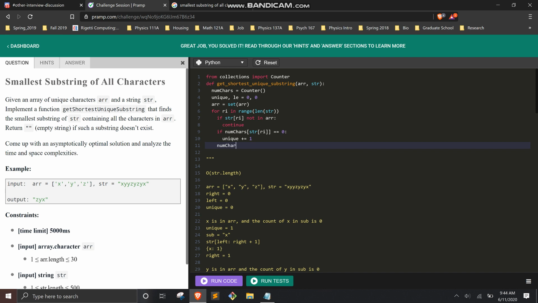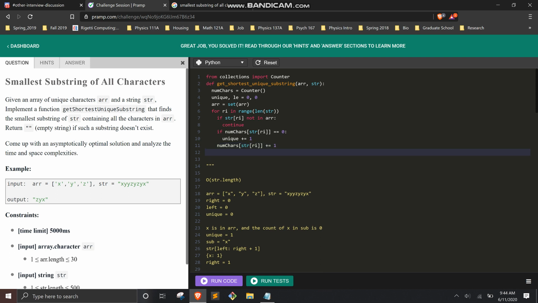We also want to update this by 1. So now we say, hey, we found one character, we increment our unique. And then we'll just keep moving our right pointer. But there's another case. If unique is equivalent to, let's say, well, I'm just going through trying to solve this, but I guess if unique is equivalent to,